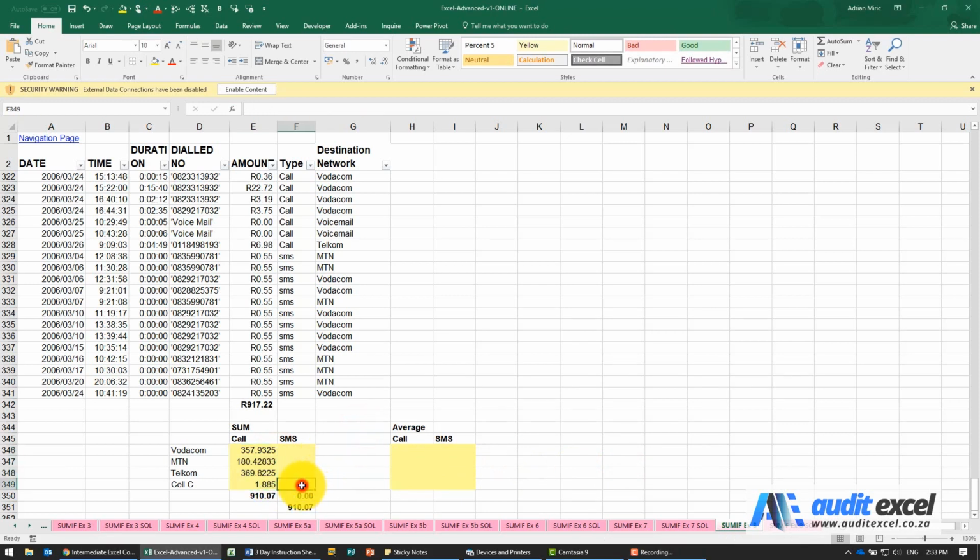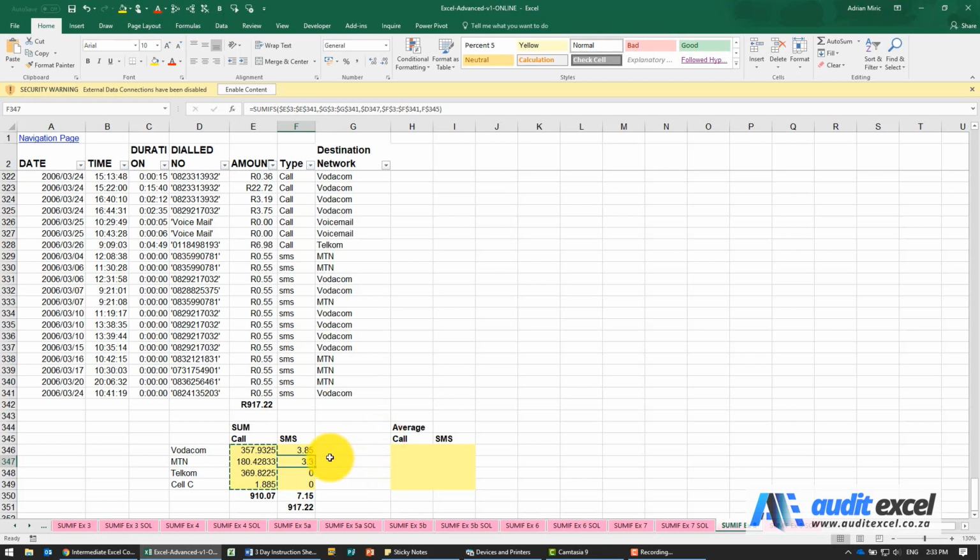Now if we've done the dollar signs correctly, I should be able to take this area, copy it, and paste it into the SMSs. So it does look like it's working, because you can see these two numbers reconcile. And let's just have a quick look. You'll see it's correctly looking at the correct column for the destination network, and it looks like it's looking at SMS. So it looks like we've done all the dollar signs correctly.